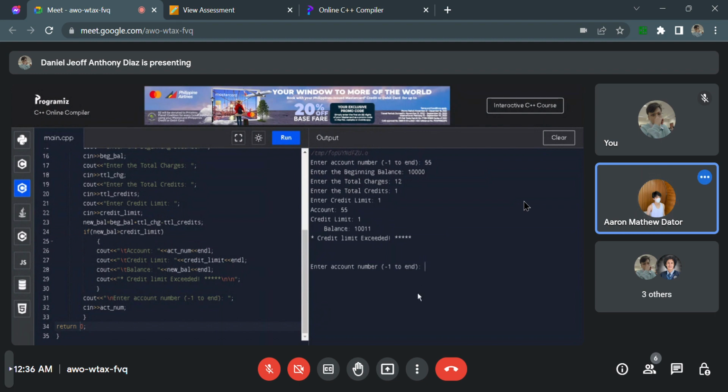That's all. So, the analysis and conclusion. For the analysis, in C++, the switch statement is superior to the lengthy if statements that are used to compare a variable to different integral values. It is a branch statement with multiple options. It also